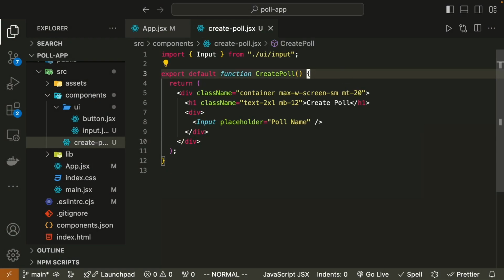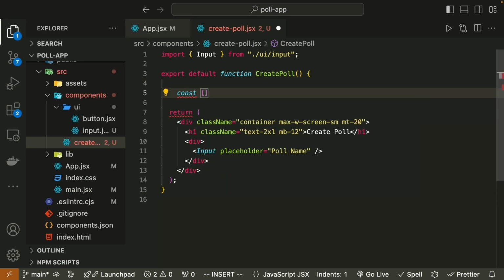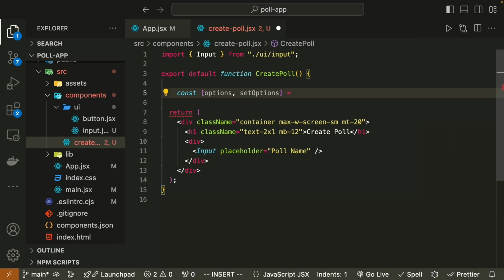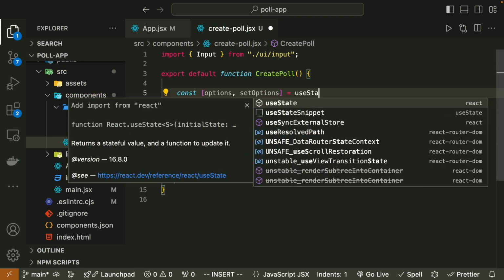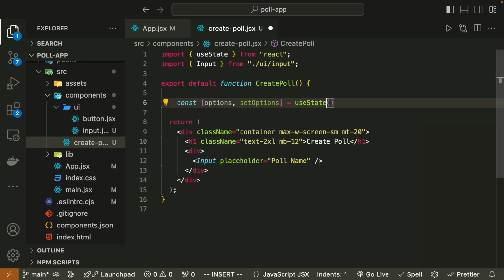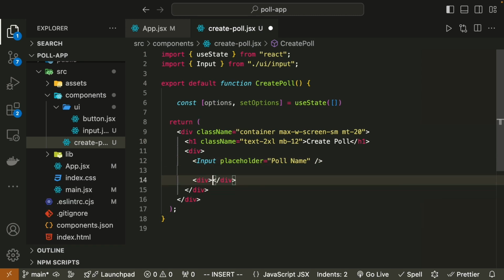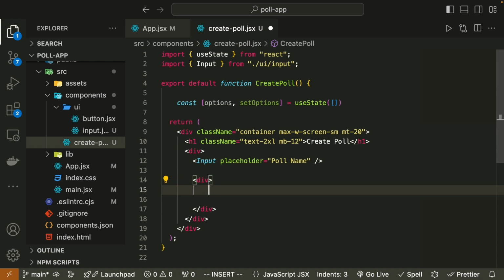Right, now let us add the options. So for the options, let us have a state called options and setOptions. I'm not installing any form handling library or validation library. You can do that for yourself, because this is not a UI focused tutorial. So let's bring useState, and for now options will be an empty array, maybe. Okay, and after this input, let me have another div, and inside the div we can map these options. So options.map